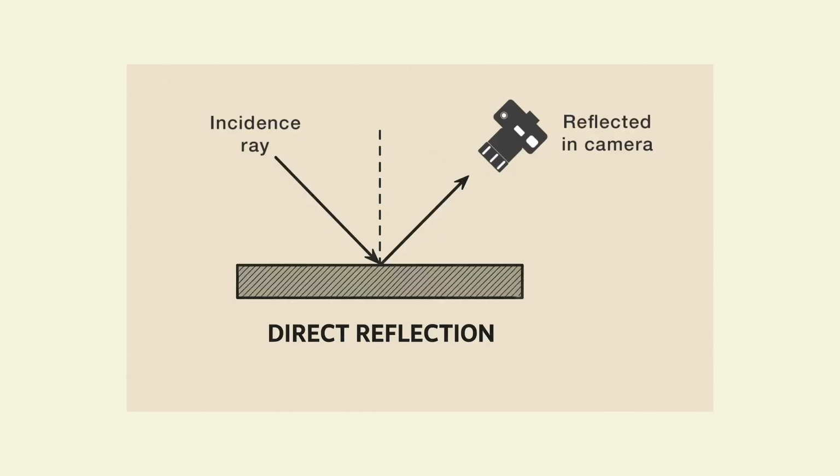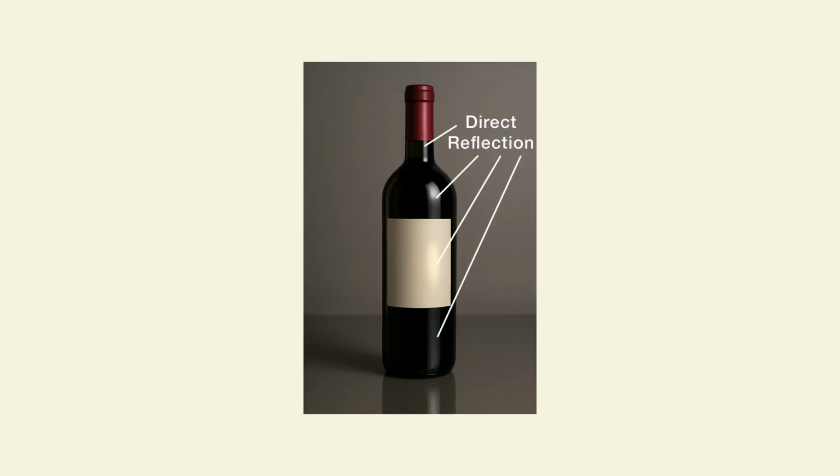Okay, so let's look at direct reflections. Direct reflection is where light comes from the light source, bounces off the object, and goes directly into the camera. As a result, you see strong white highlights. It's more commonly seen with highly reflective surfaces. An example in product photography might be glare on a watch face or a bright spot on a perfume